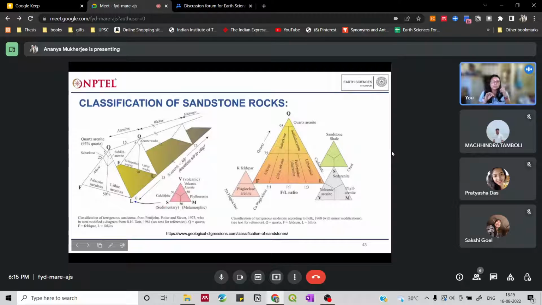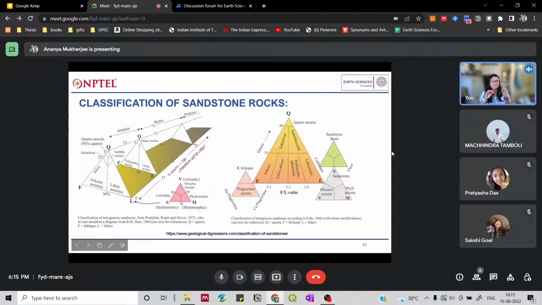We had already seen the classification of sedimentary rocks based on grain size, grain shape and sorting. Now, since sandstone, limestone, shale and conglomerate